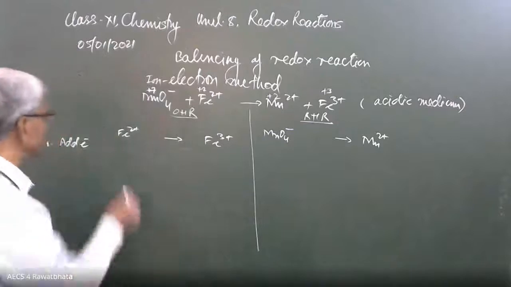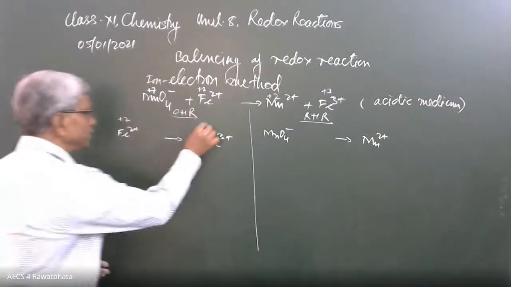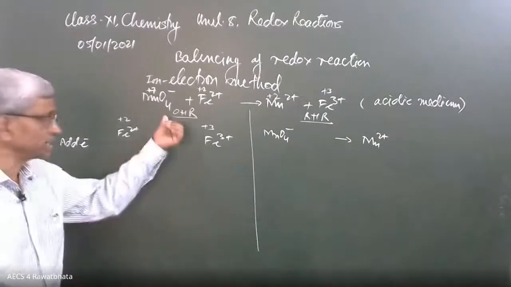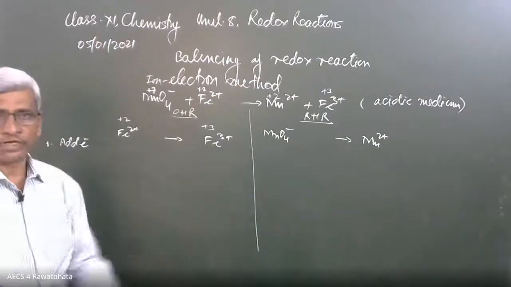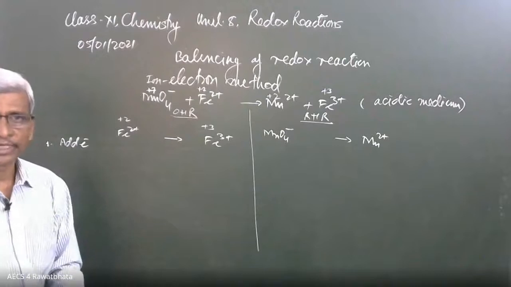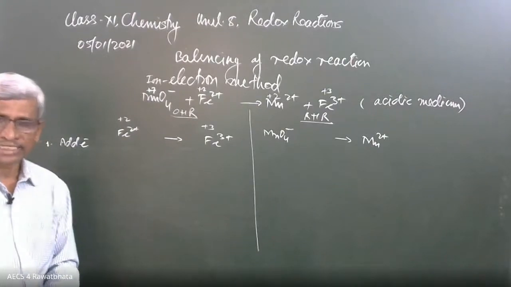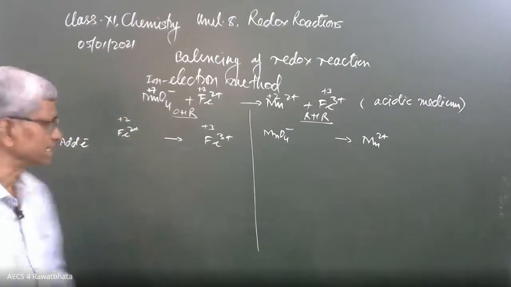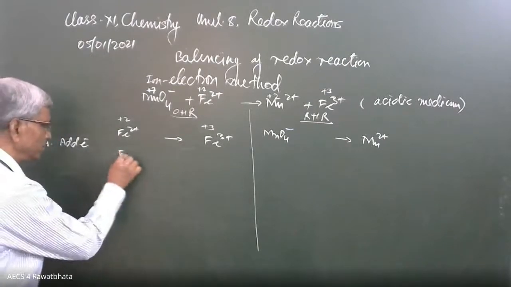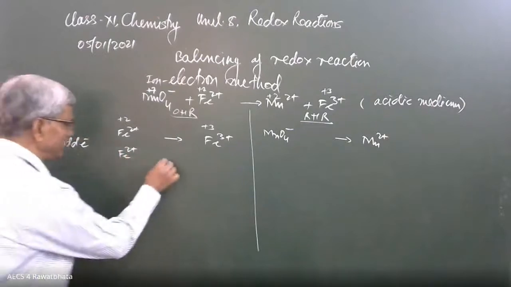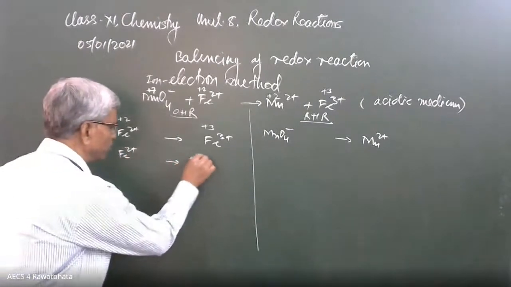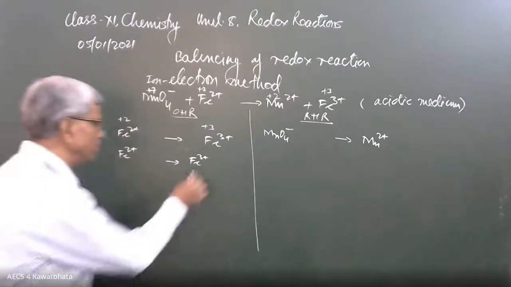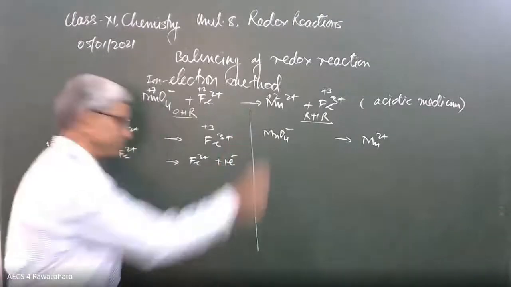Here the oxidation state +2 is going to change into +3, an increase in oxidation state. It is the oxidation half reaction. That's why there is loss of electrons. How many electrons are lost by the iron? Yes, beta, can you guess? This iron is losing how many electrons in this process? Fe2 positive gives Fe3 positive. Yes, beta, it is 1. There is an increase in oxidation state by 1 unit. It is going to lose 1 electron.